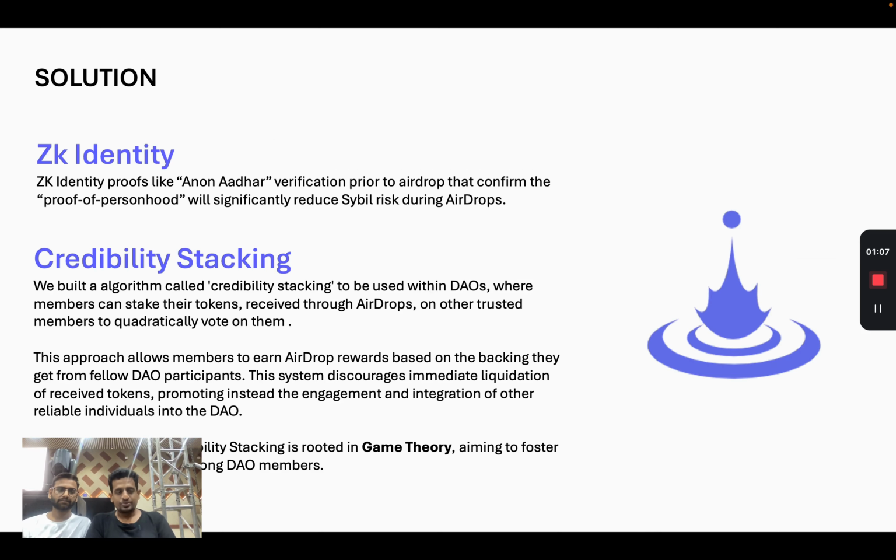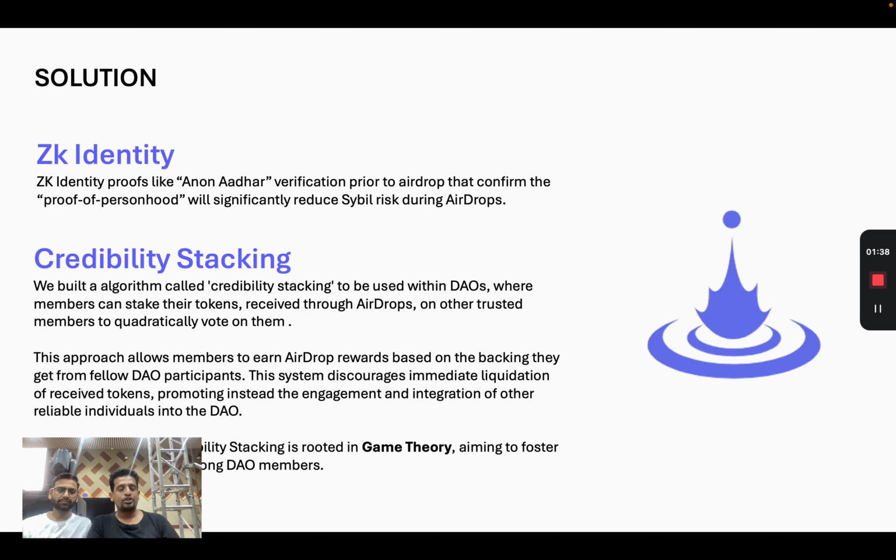So how are we doing this? We're solving for Sybil attacks using ZK identity. Now, ZK identity can be established by many means. One way we used at this hackathon is Anon Aadhaar. We are using Anon Aadhaar to establish proof of personhood for every unique user. Essentially, this makes anybody get their airdrop only once. So you gate the user based on their identity, which is Aadhaar, and then give them a small airdrop based on that.